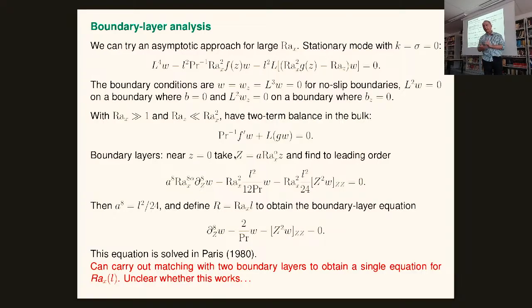And the amazing thing is you can solve that analytically, or you can write down a solution based on Paris, 1980. Paris was an asymptotics person, a Scottish guy who did asymptotics and spent some time in Paris. Paris, the city, well, Saclay. He wrote these papers about these boundary layer calculations.